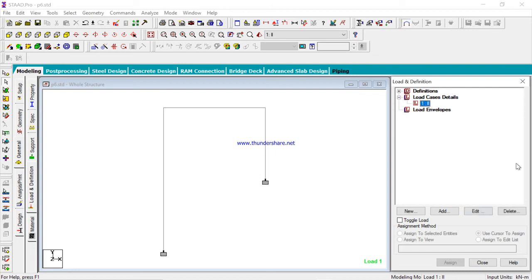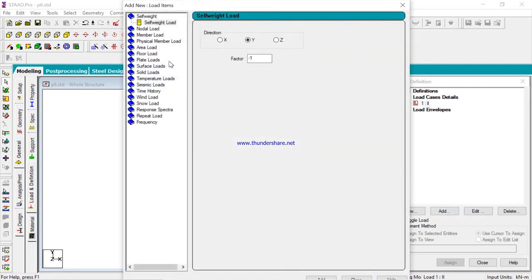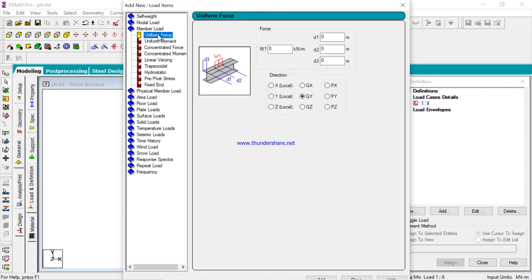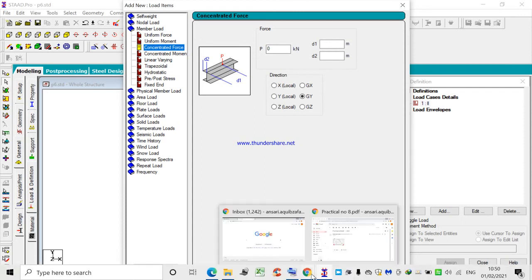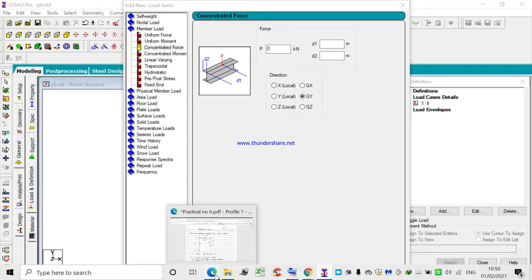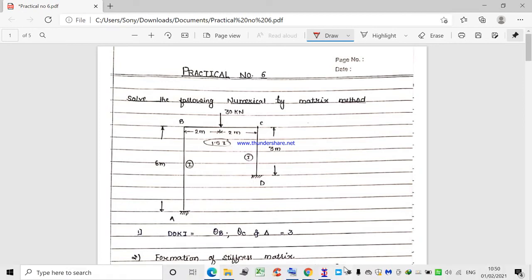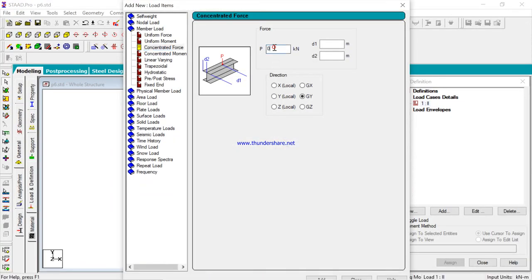Under live load again add, then go to the member load, go to the concentrated force. The magnitude of the concentrated force is 30 kilonewton. So here it will be equal to minus 30 kilonewton acting at a distance of 2 meter. This is going to add and close.